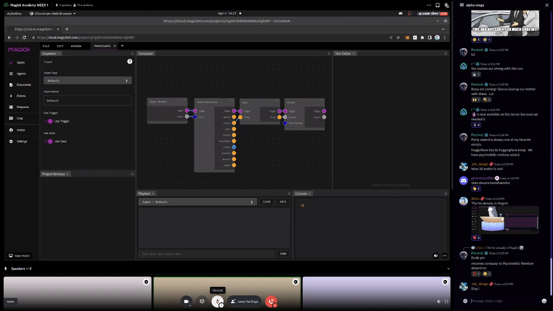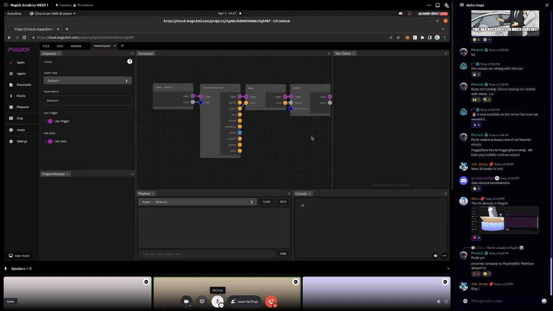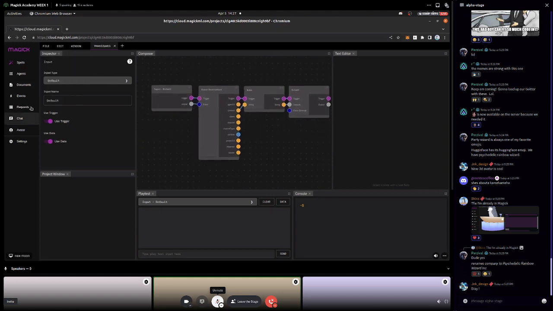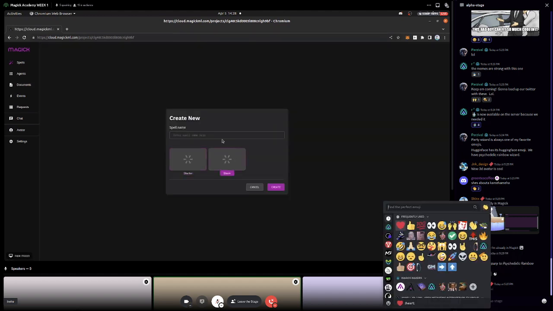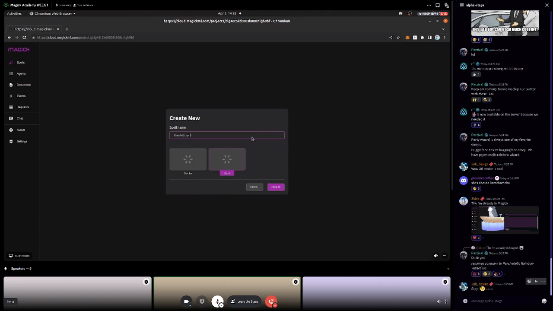But definitely we should get through some of these graphs and understand what some of these nodes do. So let's just make a really, really simple graph. And I'm going to make a blank one. And we're going to call it simple graph. Let's do week 1, just to have some consistency.